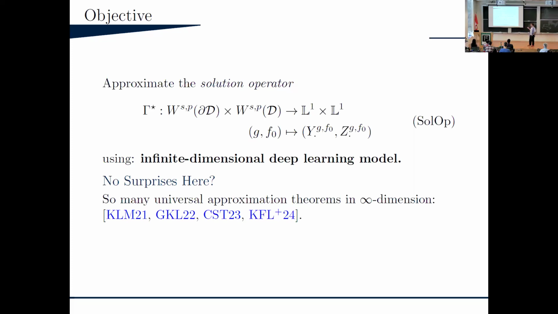Okay, so of course, as usual, this talk doesn't end here. So what's the issue? The issue is that if you want to tackle this problem by universality, and sometimes that might be appropriate, it will be appropriate in Chouet's case. In this case, it's not necessarily appropriate. The reason is because a universal approximation theorem, well, what is it really saying? It says that if you have some function you're interested in, say the solution operator here, and you know that it belongs to some broader class of functions, there is a neural network or deep learning model, whatever, that can approximate this thing. But the complexity of the network corresponds to the worst possible function in that class.